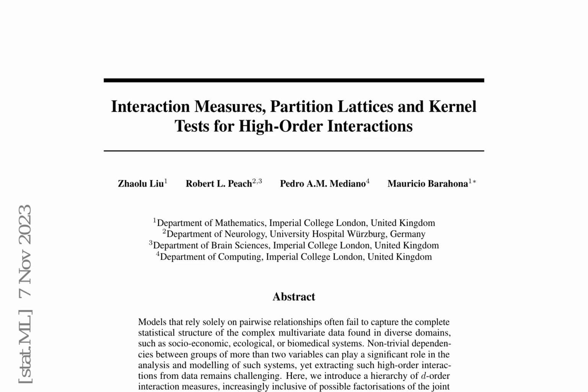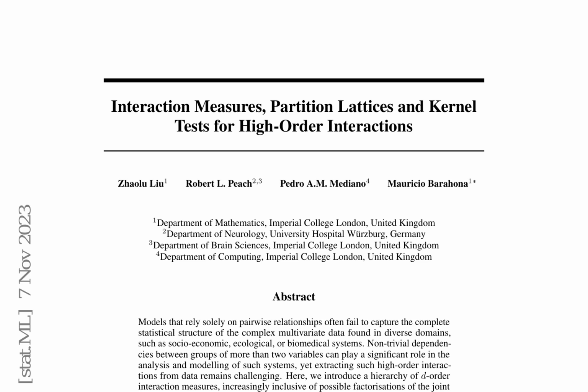The paper emphasizes the significance of high-order interactions in various systems, including social, ecological, and biological systems, which cannot be fully understood through pairwise relationships alone. It underscores the necessity for a systematic approach to detect and measure these interactions from data. The authors introduce a hierarchy of order interaction measures that are increasingly inclusive of possible factorisations of the joint probability